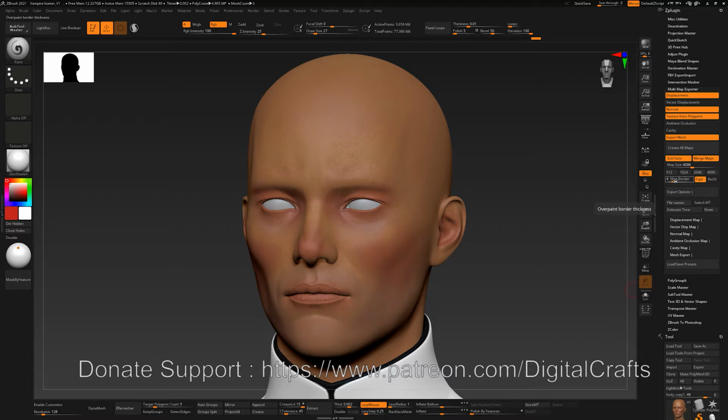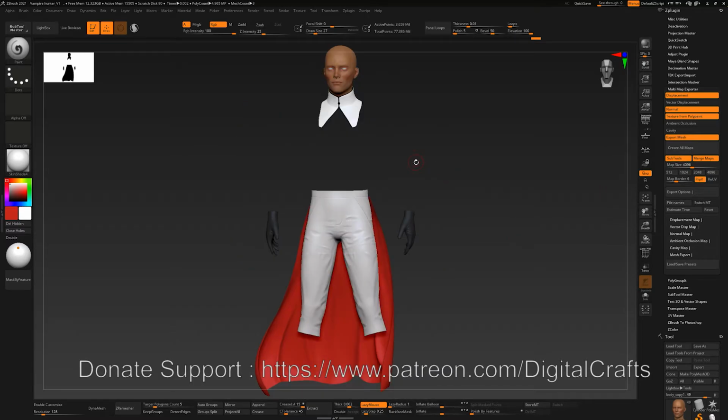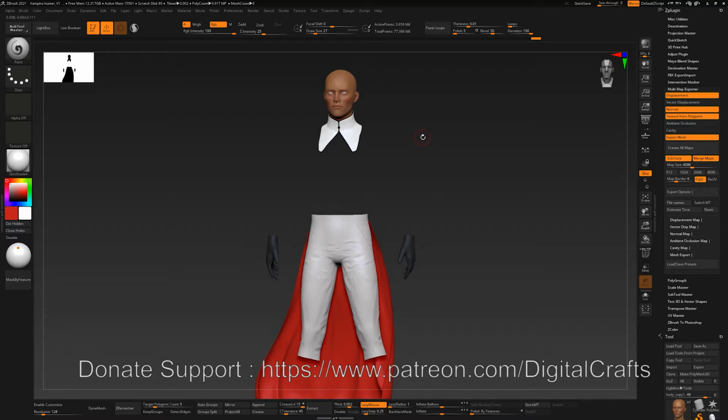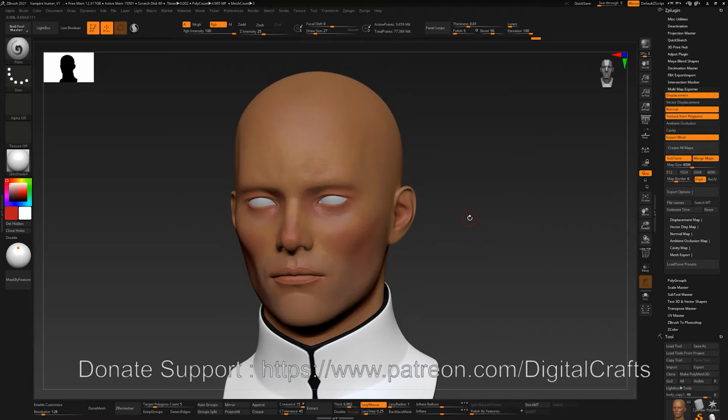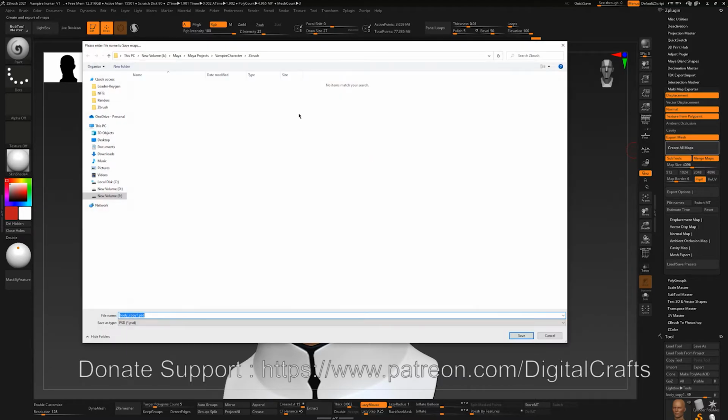There is also this map border, which is the shell padding, UV shell thickness, and we can also tell this to bake for just the visible subtools, because I have all these meshes packed into a single UV shell, so I want these meshes to be baked into a single texture, and I want the maps to be merged together as well. So I can just click on this create all maps button,